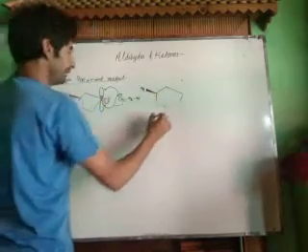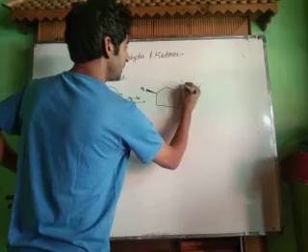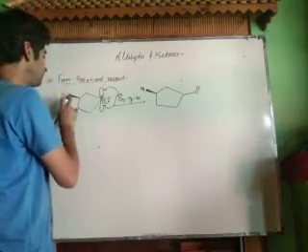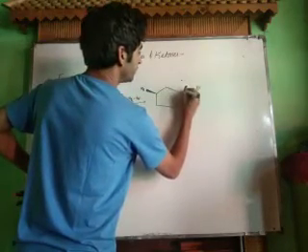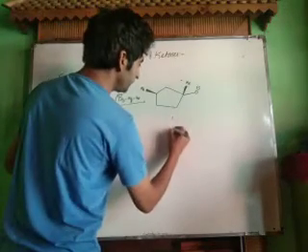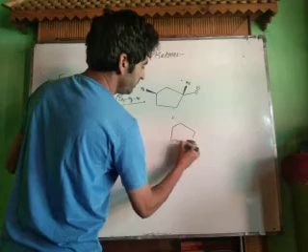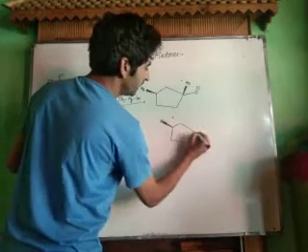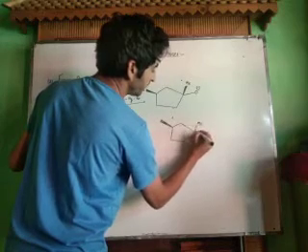Now this is Me. This is a single bond to O negative, and this is my methyl group which has attacked from above the plane. Above the plane means I have to represent it by a dashed line. The methyl group has attacked above the plane. In the other case, we get another type of product in which this methyl group attacks below the plane. Below the plane means this methyl group attacks like this. This represents below the plane.